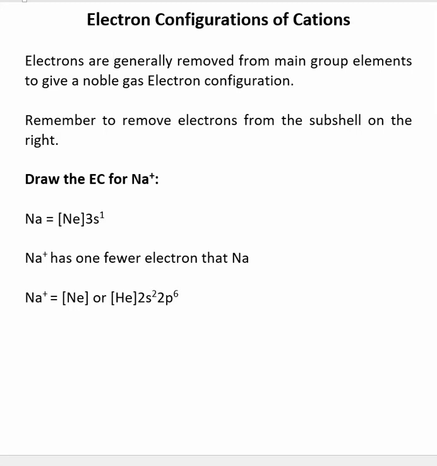Here we're going to be looking at the electron configurations of cations. Typically the atoms that form cations are metals and transition metals, so we're going to be looking at elements near the lower left-hand corner of the periodic table. Transition metals are a little bit trickier, so we want to make sure to deal with metals and transition metals a little bit differently. The main group metals themselves typically remove electrons to get to a noble gas subshell that